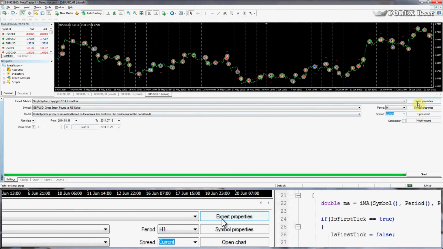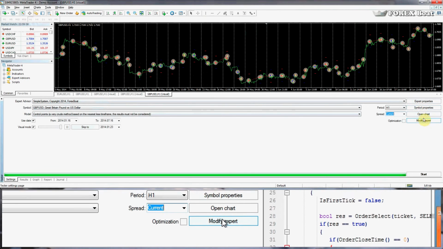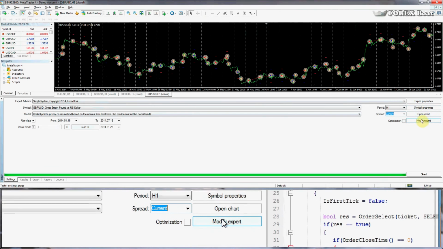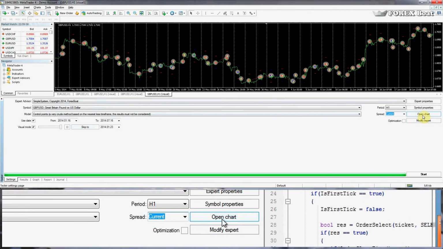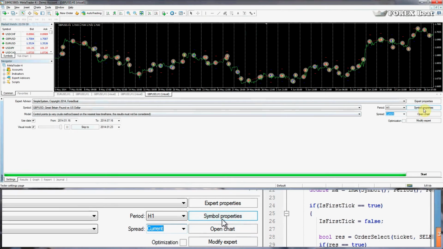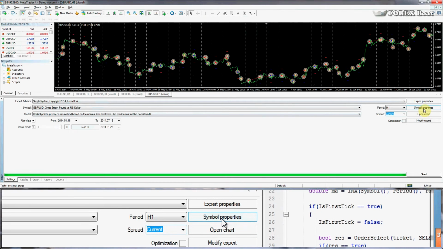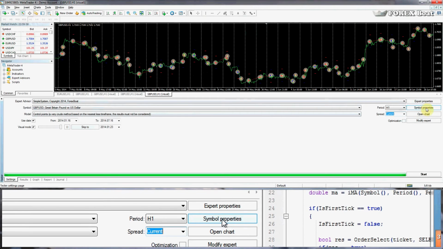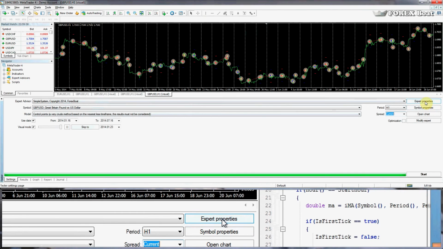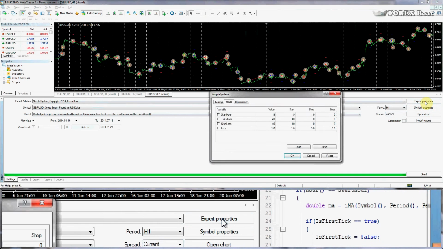Then you need to also remember about these buttons over here. Modify expert, that opens MQL4, open chart. I never use that button actually. Symbol properties, it tells you the properties of the symbol. Same thing, I don't often use this button. Expert properties is a very important button. If we click expert properties,